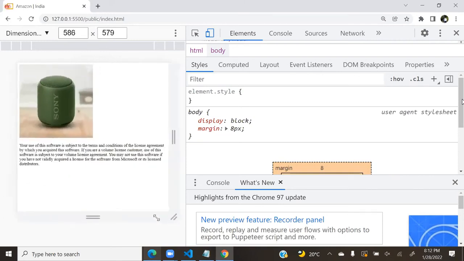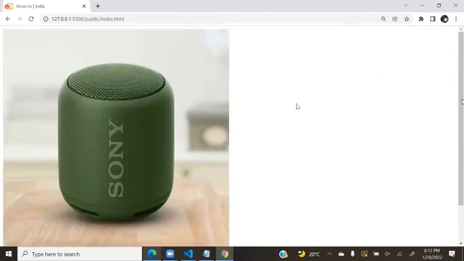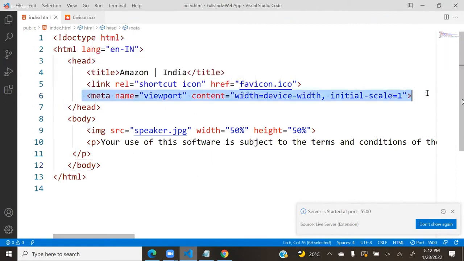So this is responsive. Otherwise your page is not good. For that, a lot of options are required. Out of that, this is one option. Understood? That means how you can configure and define that configuration.